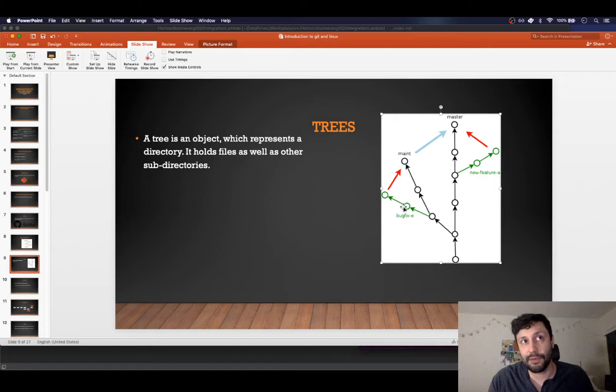So then maybe there's a bug here, and we made a couple of commits here. We realized there's a bug related to code here. So we go back here, we branch off, make a bug fix, and then eventually everybody will merge their branches together. And then this master node here represents the